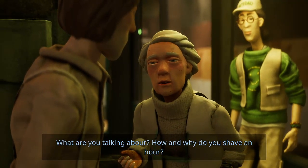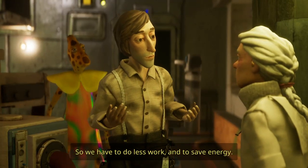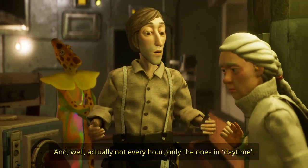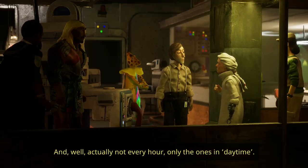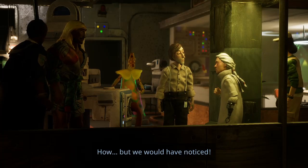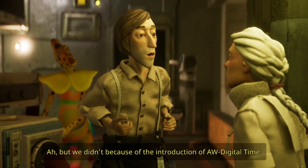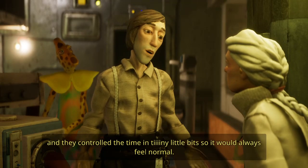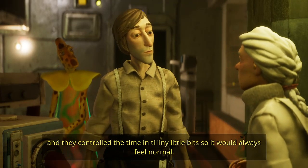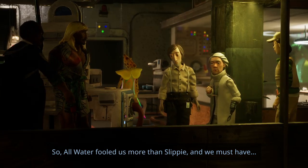What are you talking about? How and why do you shave an hour? So we have to do less work, and to save energy. And, well, actually not every hour, only the ones in daytime. By now, apparently, it adds up to 2 full hours each day. How? But we would have noticed. But we didn't because of the introduction of Allwater digital time, and they controlled the time in tiny little bits so it would always feel normal. So, Allwater fooled us more than Slippy, and we must have...